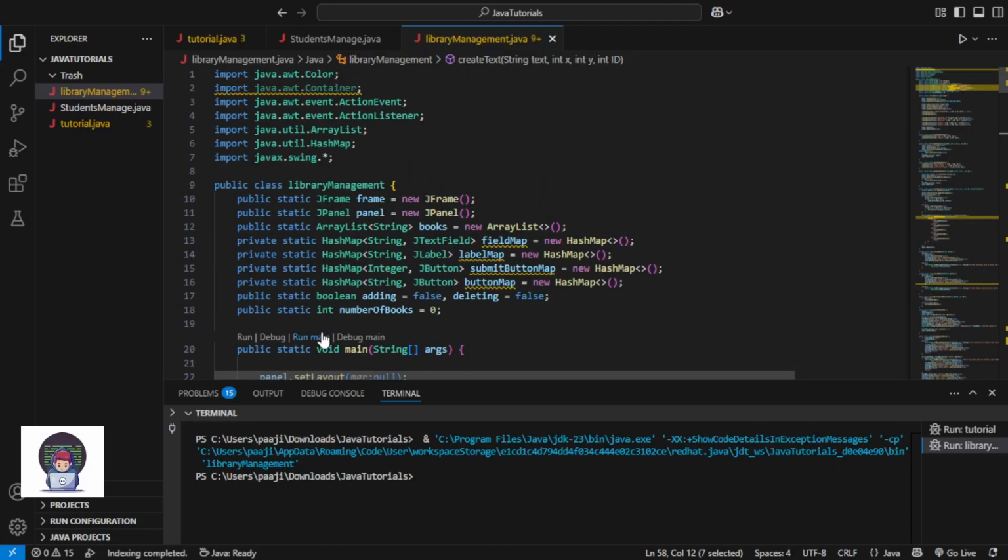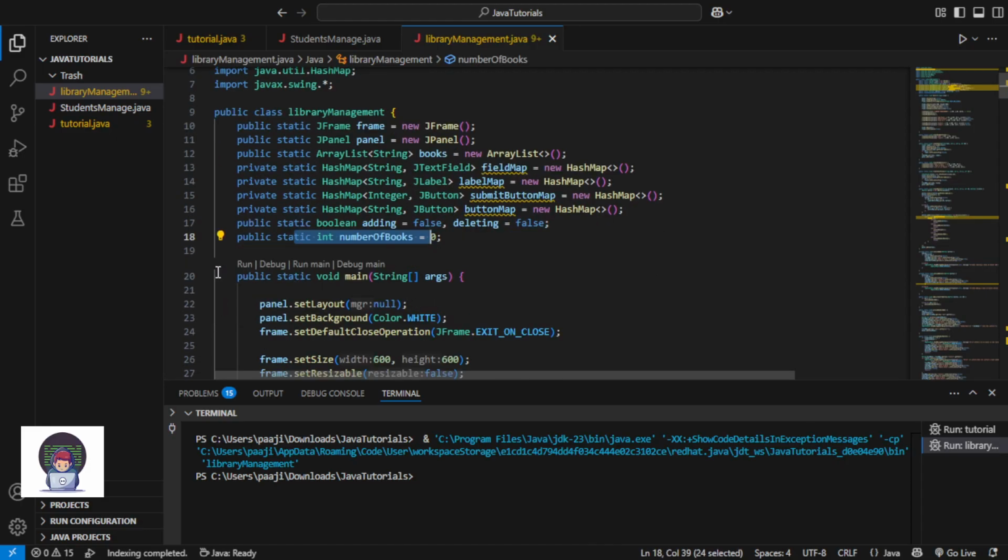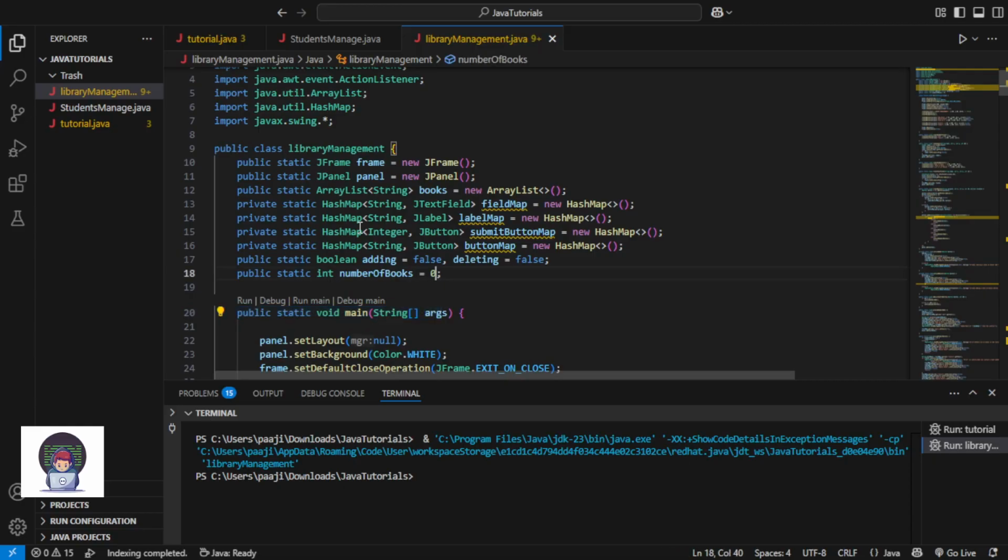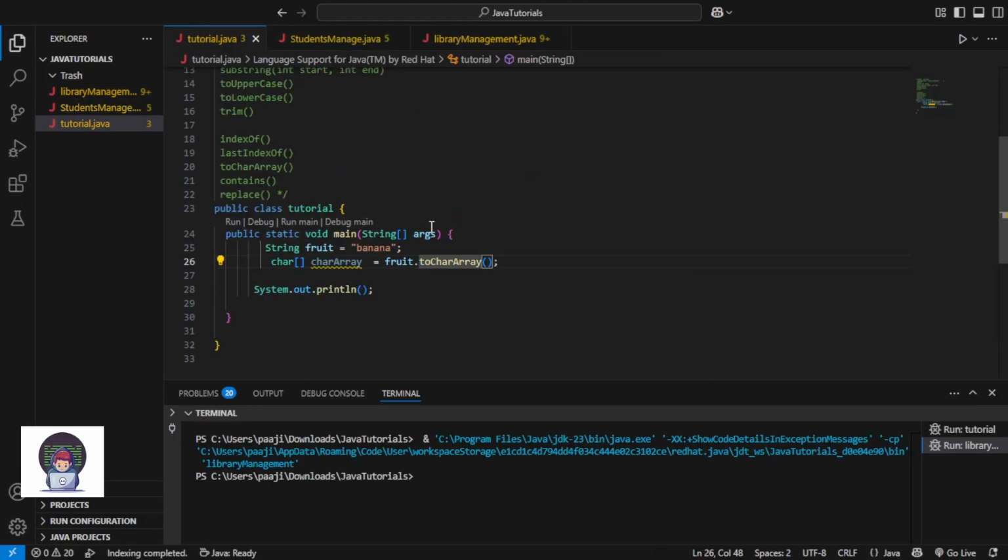See, okay, wait, you don't see boolean means false or true. See, I have int number of books is equal to 0, public static void name. So you will learn about all this. We have hash maps, we have array lists, we have JFrame, JPanel. We will learn about this later on. Okay, so now let's go about